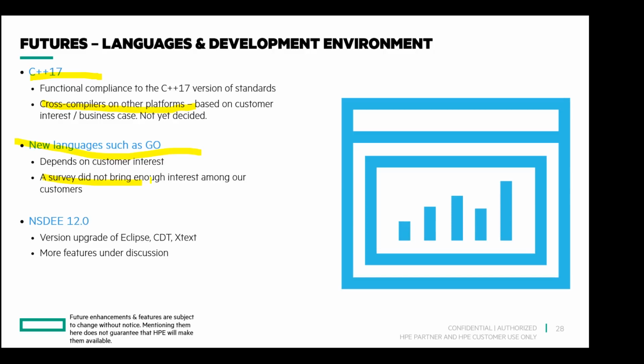But why did I then bring up this bullet in this presentation? Because you know that we are porting open source, right? NSHTTP server, NSJSP and all that. With these open source servers, we take the code and change it in our laboratory to meet the Nonstop-specific requirements. That's what we call porting. When we're doing it, we're finding that in open source projects, more and more modules are being submitted to the open source community in Go, the language Go. So that's why I'm raising this point and gauging the interest.